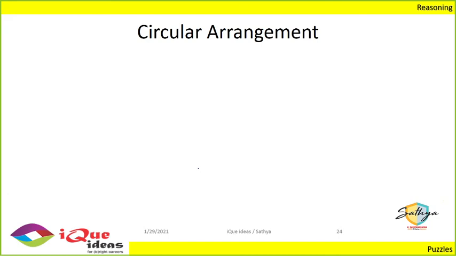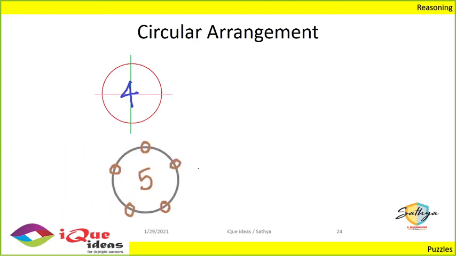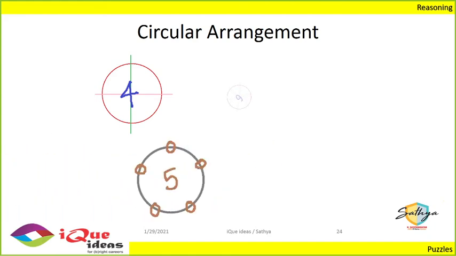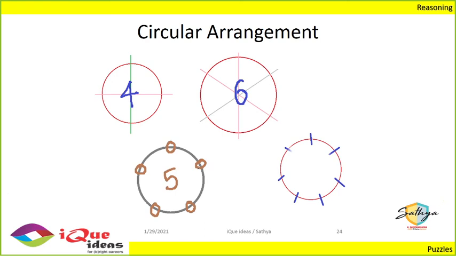Now, let's take a look at circular arrangements. We just saw a few examples of linear. Let's understand circular arrangements as well. Circular arrangements, like I said, are when people are sitting in a circle. So it could be 4 people in which they're equidistant like this, or 5, 6, 7 or 8,